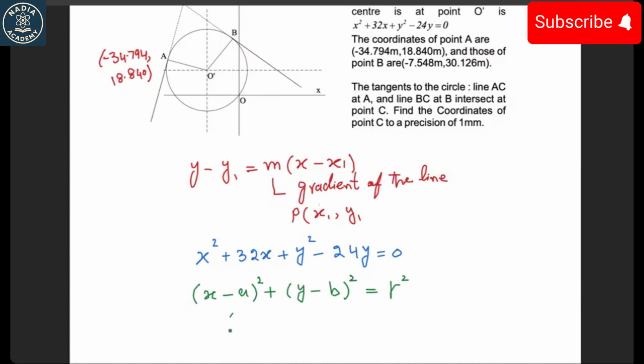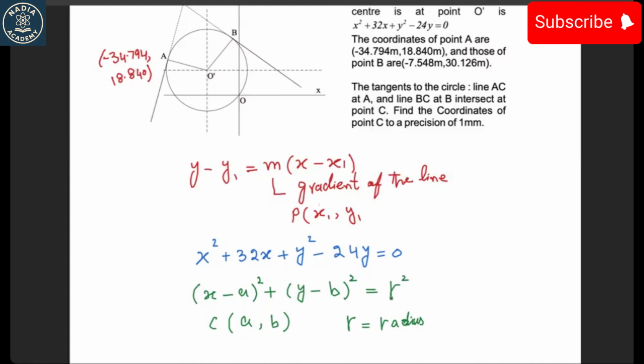So here a and b are the coordinates of the center of the circle, and this r is actually the length of the radius vector,